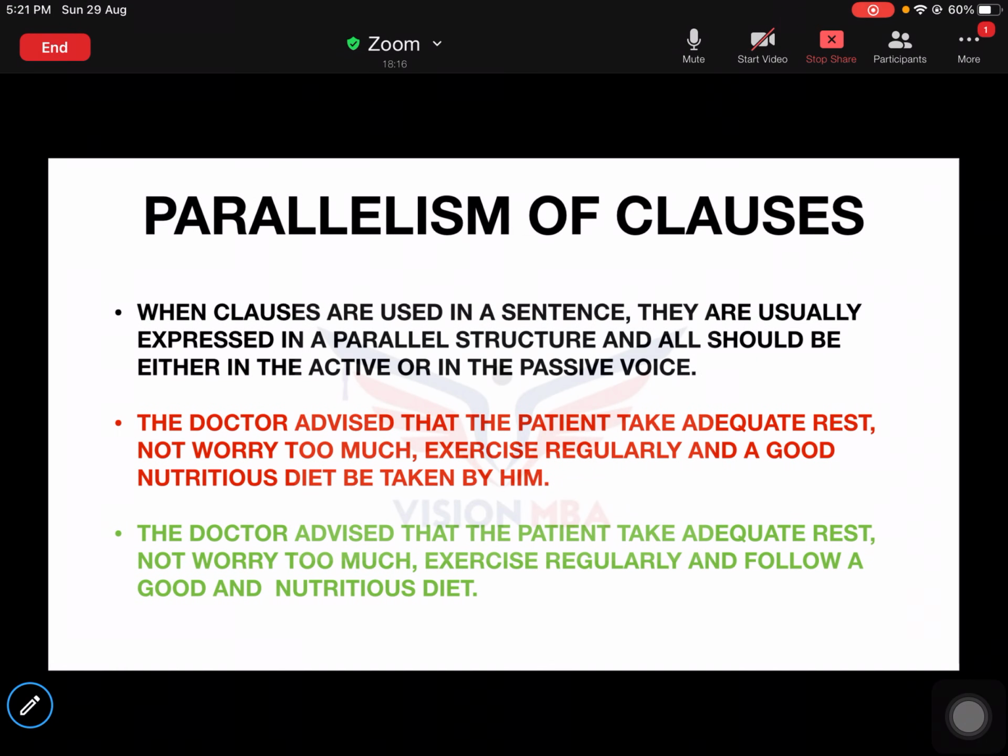Can anybody tell me what you mean by a clause? What is a clause and what is a phrase? Do you guys know what is a clause and what is a phrase? I'm sure you must have heard the words clause, phrase, and so on. A clause is nothing but a group of words where both the subject, meaning the doer of the action,